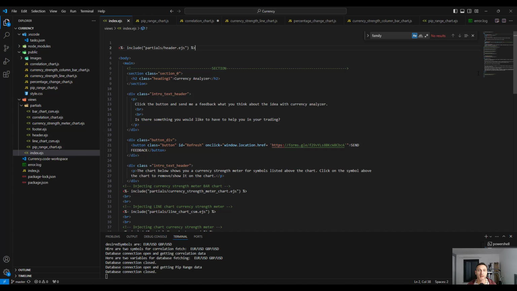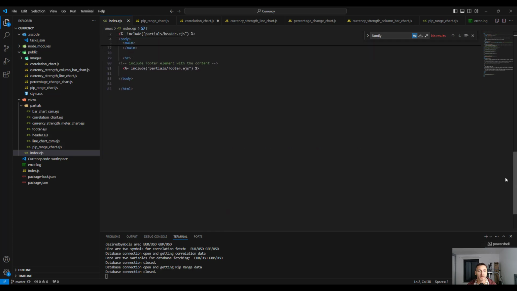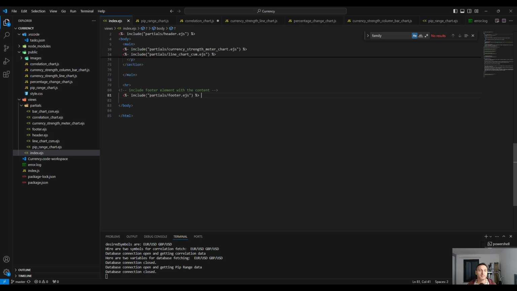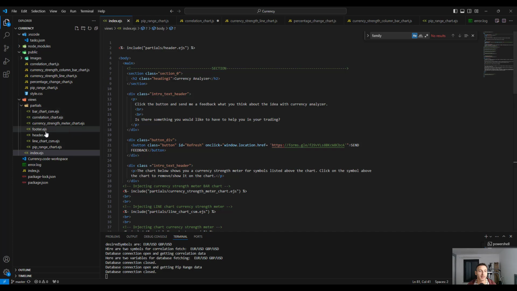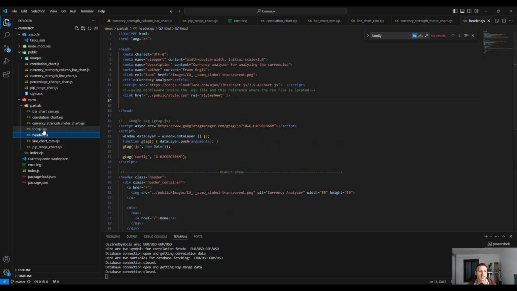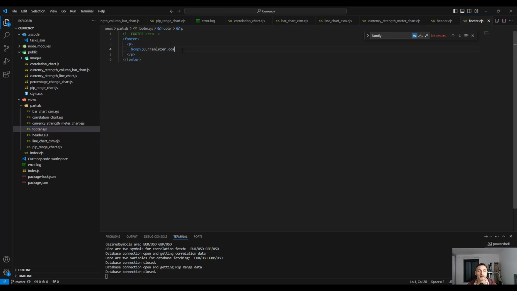I have used a partial header, and below that I have used a partial footer. So every time a new page is loaded, I will use the same content that is inside the footer and the header. So I do not need to put each part in each website page. For example, if I change something inside the header, for example right here, and also in the footer, I do not need to put this change in separate web pages, because each web page will have this partial